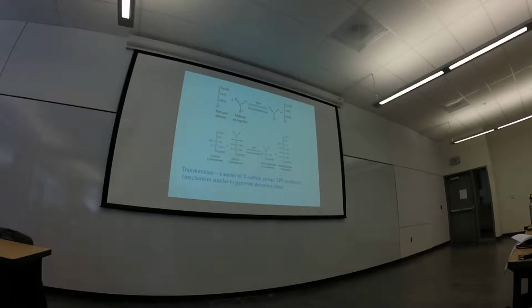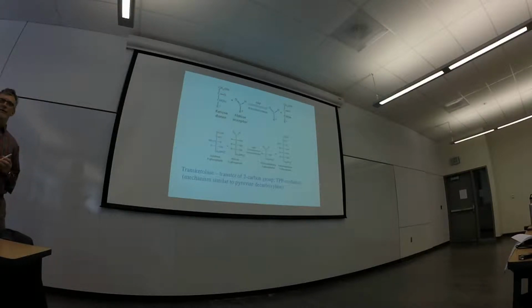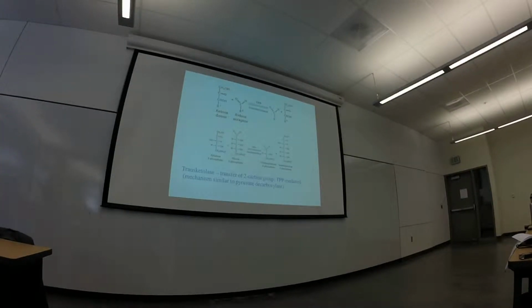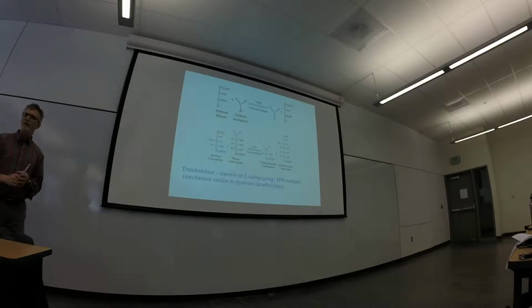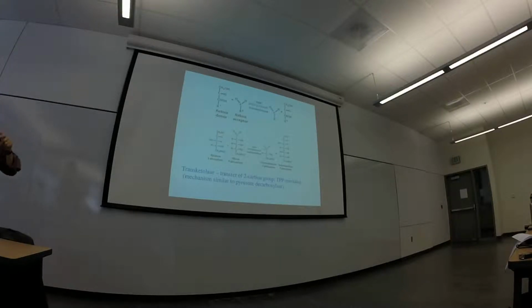The ketolase, however, is a transfer of a 2-carbon group, and this implicates the cofactor thiamine pyrophosphate. And that one we hit before, without talking about the details, when we hit pyruvate decarboxylase. Pyruvate decarboxylase was a step in the fermentation pathway for pyruvate in yeast, which leads to acetaldehyde and then ultimately to ethanol. That's where we encountered it before. It was just one slide and it had TPP on it. So